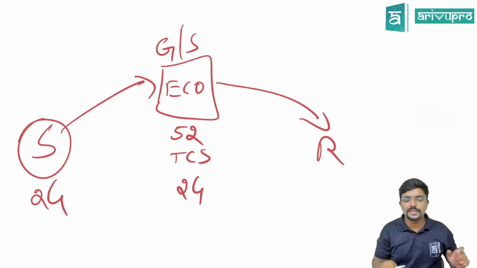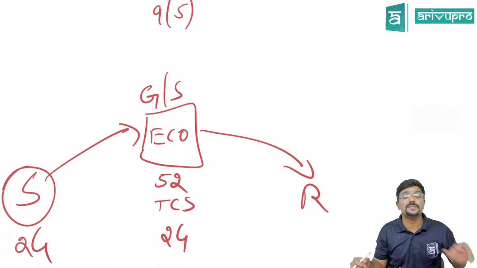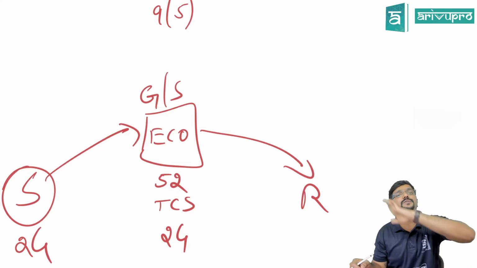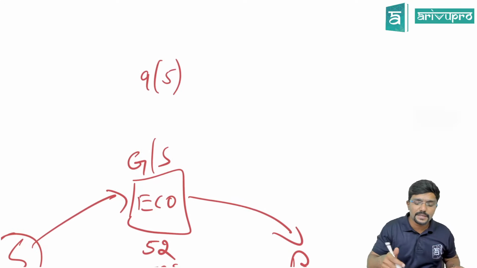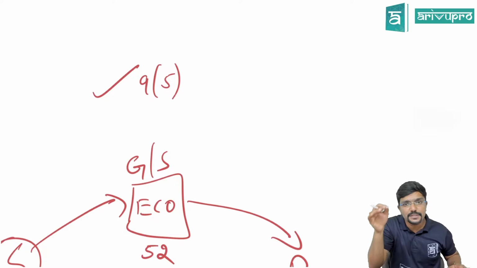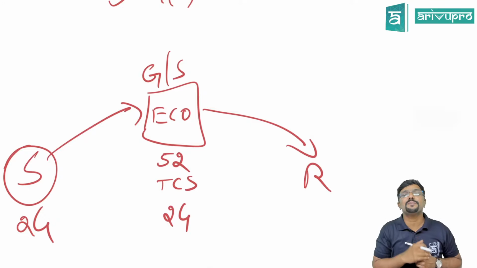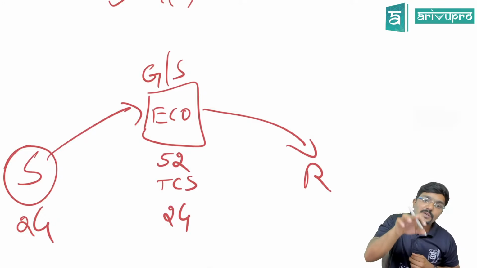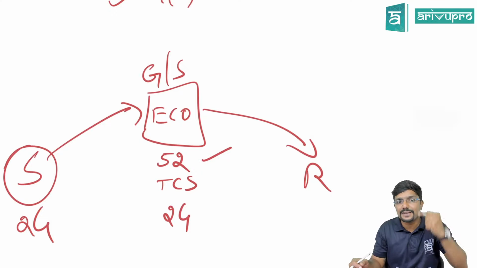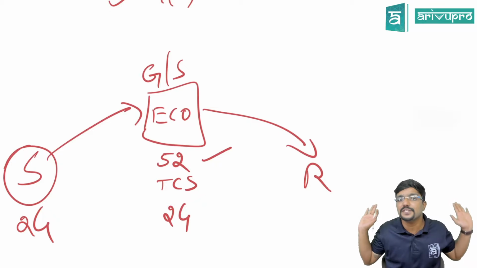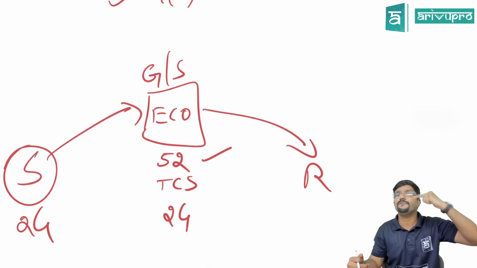There are 3 points connected to it. See, as per section 9 subsection 5, the electronic commerce operator is supposed to pay tax on a few supplies, not all the supplies, only for a few specified services. So if the electronic commerce operator is supposed to pay tax as per section 9 subsection 5, they have to mandatorily get registered. Then for any supply through the electronic commerce operator on which the operator is supposed to collect TCS as per section 52, see, 9.5 as well as section 52 will not be applicable on the same transaction simultaneously. It is on two different transactions. Means for any supply, if 9.5 is applicable, 52 will not be applicable.